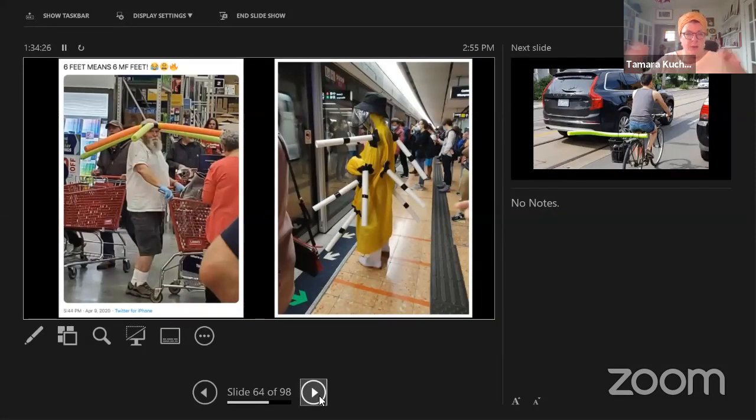Now, when we talk about spiky fashion, we also have our pool noodles. Here are a couple of other images that are quickly making their rounds. I actually quite feel for this fellow on the left-hand side. I saw a lot of jokes about him online, but you can see he's actually wearing oxygen. So this is a real serious thing for him, but he's using the pool noodles to, again, maintain his distance